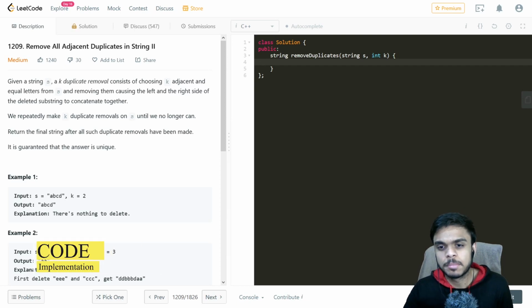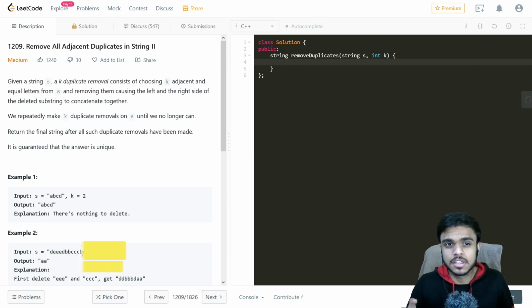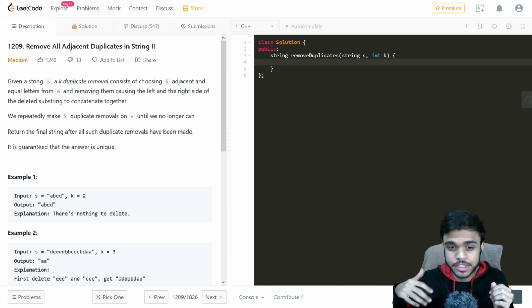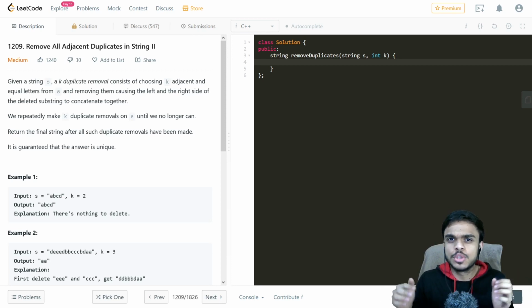Now before starting to implement, we need to think of what data structure we would be using, because we need to store key value pairs, right? For every character we would need to store its counter, which would be an int. So we would require something like a pair, because that particular character would map to its counter. And every time we encounter a new character which is not on the top, we would be adding multiple pairs. So we can think of maybe a vector, or I think we can go with a stack too, because we'll be doing the operation just from one end. So let's just go with a vector.